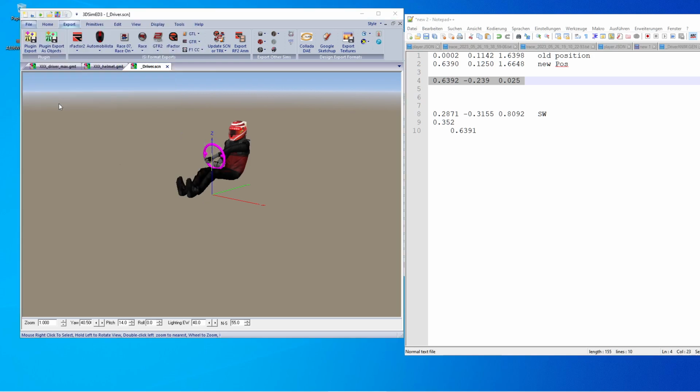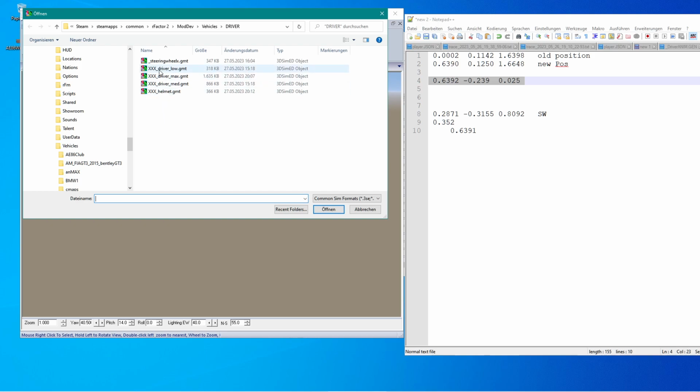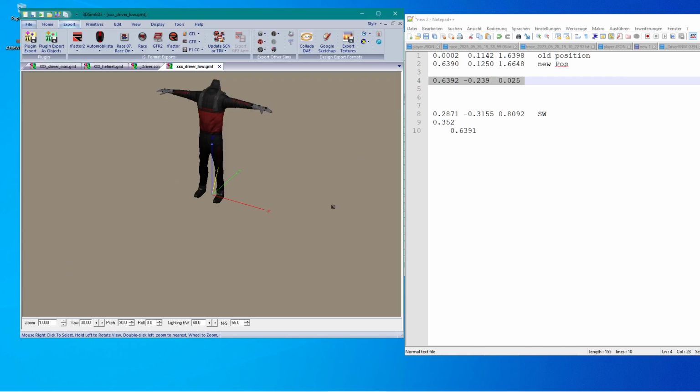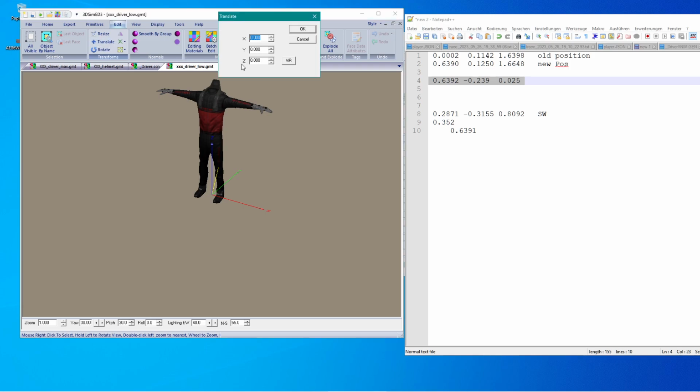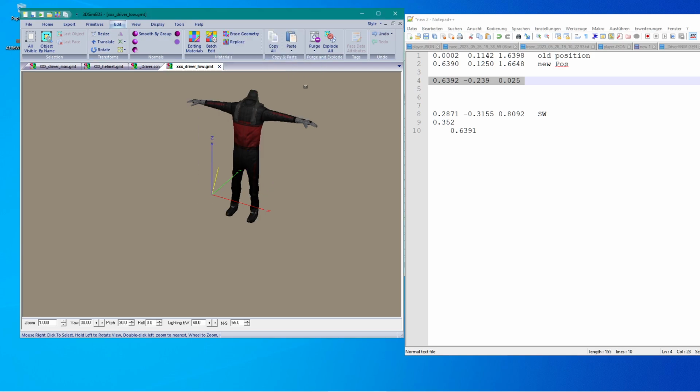I import them as objects, the low and the mid mesh, and translate again. Zero, 0.6392, minus 0.239, 5. Okay,